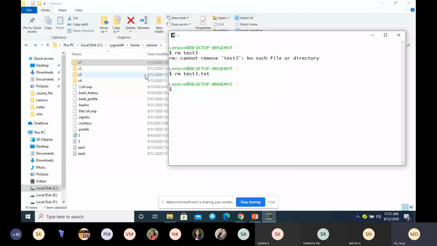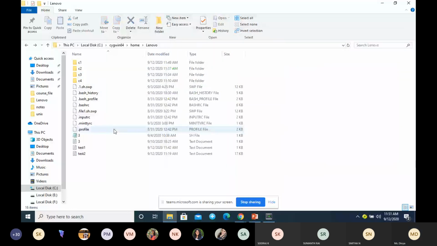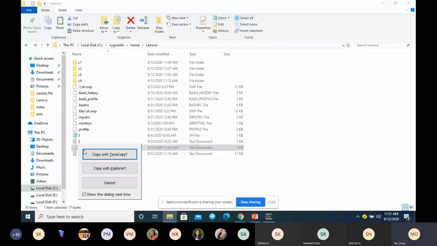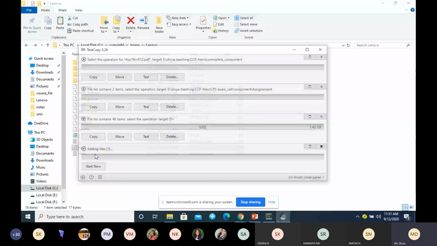Can I delete multiple files? So what I do is I copy and give the name as test3.